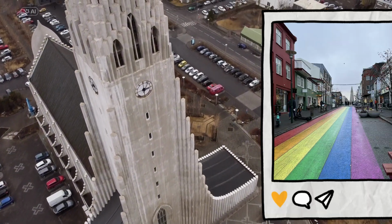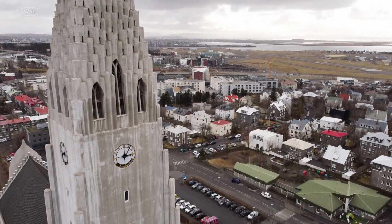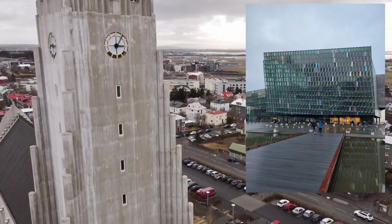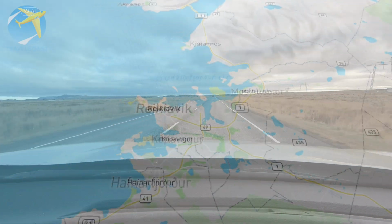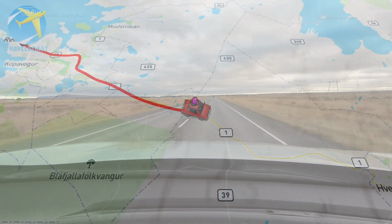And from there, we can go down this street, with an unpronounceable name and a multitude of shops, up to Harpa, which is the opera building, where we have a promenade that we can walk both to the left and to the right. After strolling through the capital, we head east along Ring Road, which is the main road,